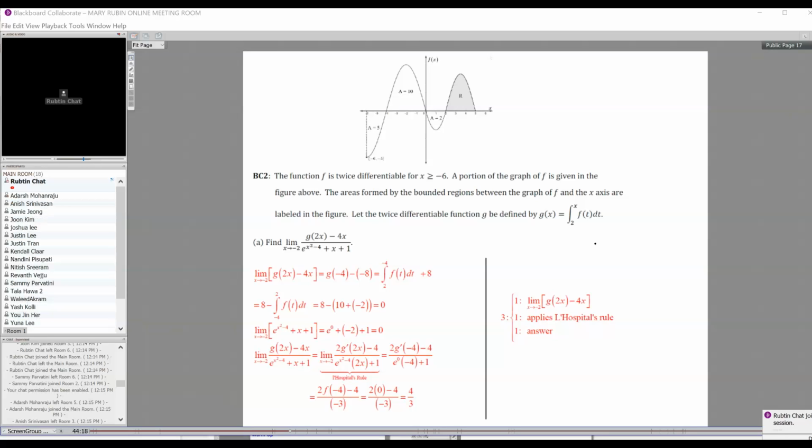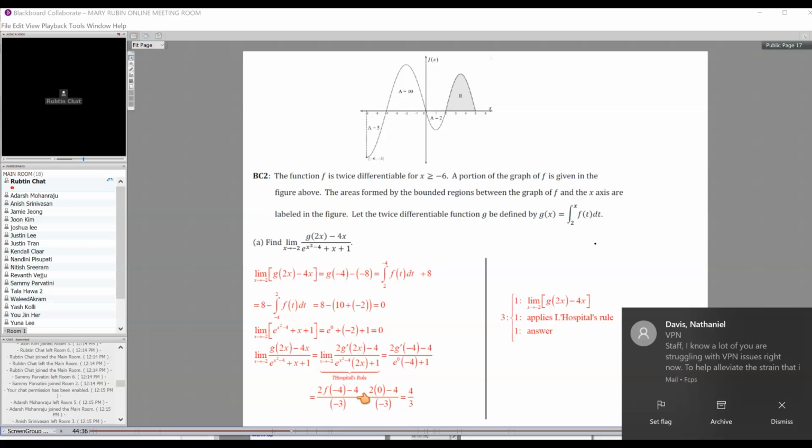What I was trying to say, okay, so basically you figure out the top, figure out the bottom. Bottom's really simple because that's just a straight up function. You get 0 over 0. L'Hopital's rule applies. This gives you the chain rule. So when you do the chain rule, you get